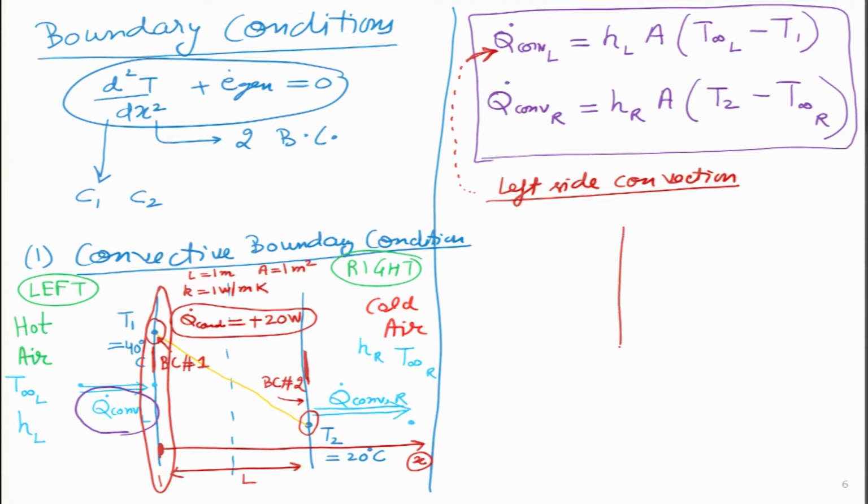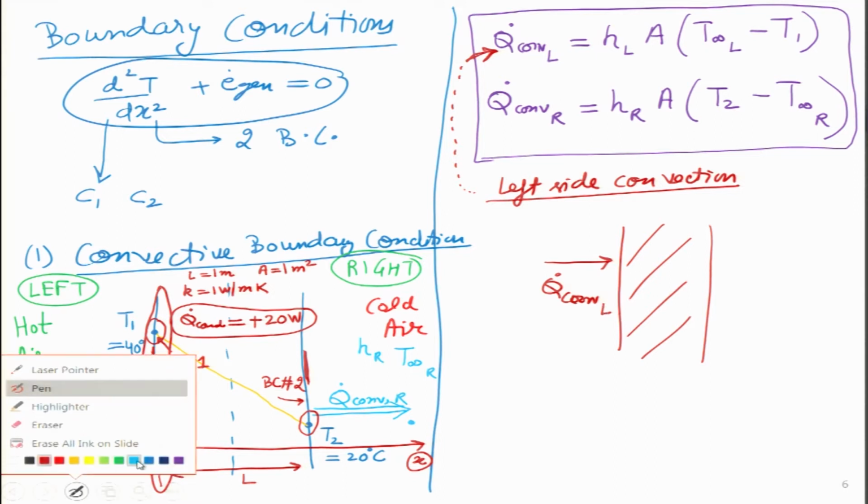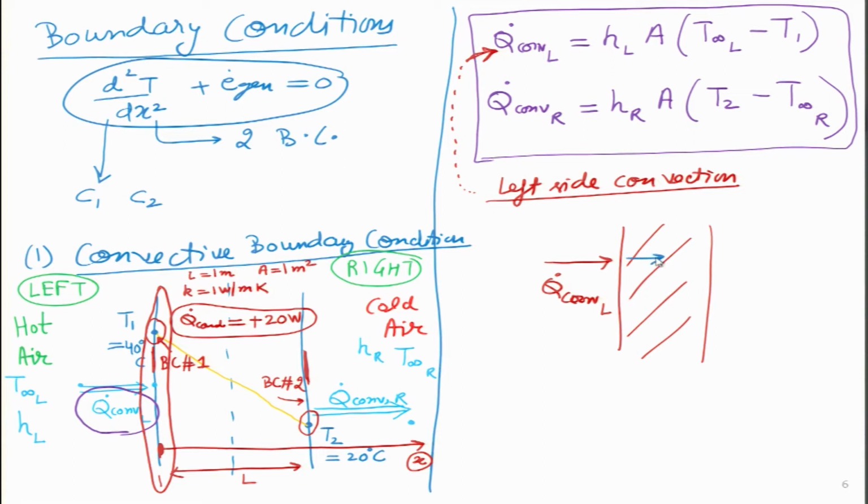If I show that wall over here, this is my left side, this is the wall and this is the air. Whatever convection is taking place over here, convection on the left side has to be equal to the conduction which is taking place. Is it true only for steady state or for transient as well? Just at the interface it is true for both, because it is a very thin layer, just the last part of the wall. Even for the transient case or the steady state, this always holds true.